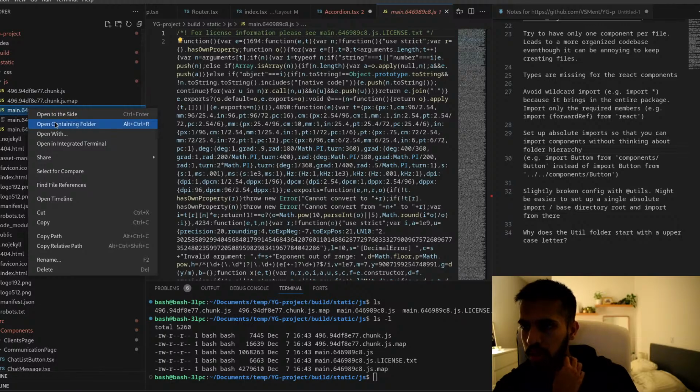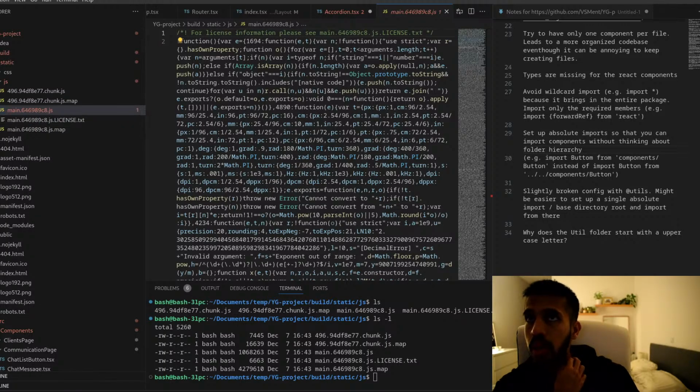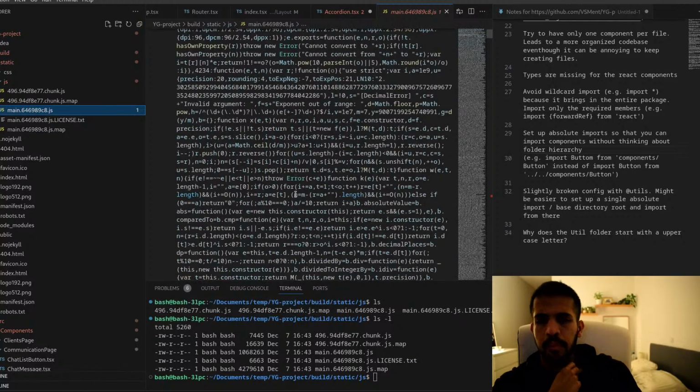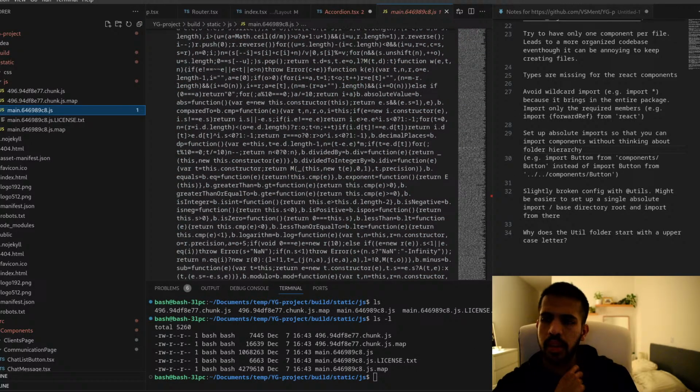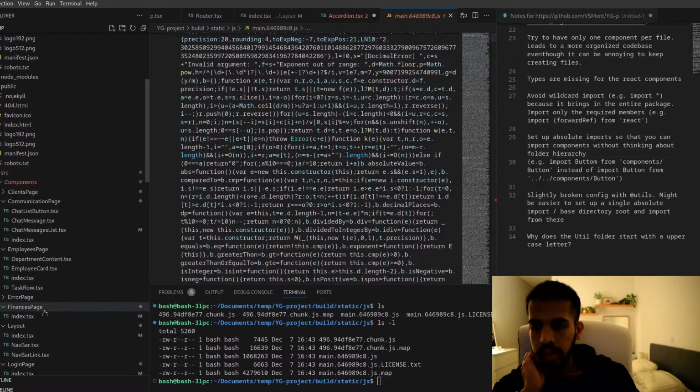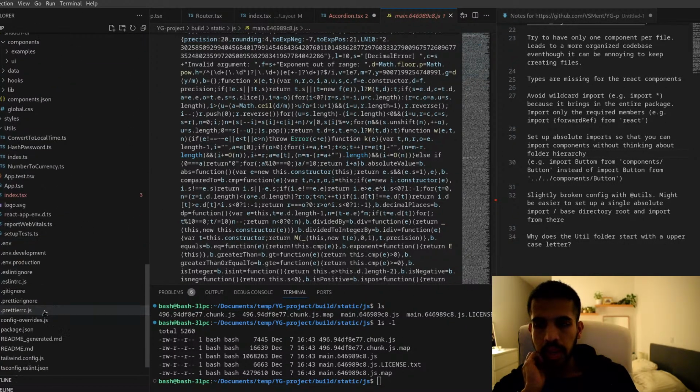Just to be sure, I will open it in Explorer, because, yeah, it's 1.1 megabytes. It can be a lot smaller, I feel. I think for an application of this size it should be around 600, 700. But I think all of these external dependencies are making it bigger.